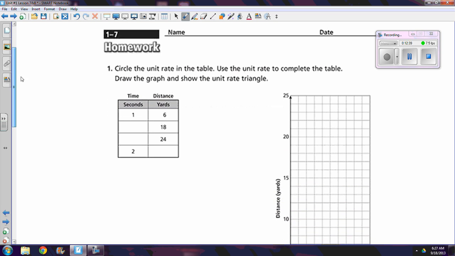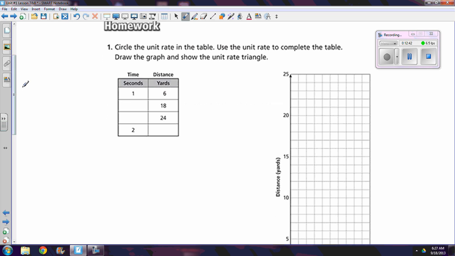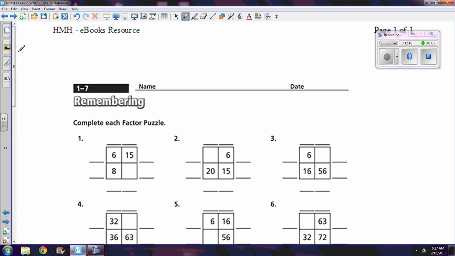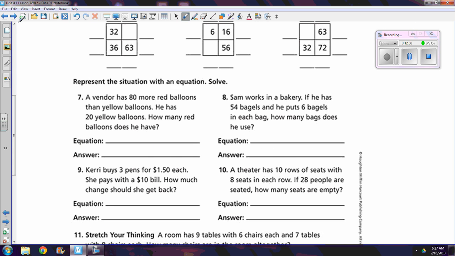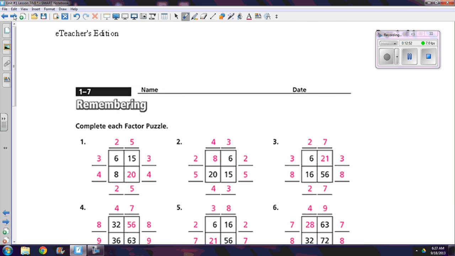Your homework in school will look like this for Thursday. The remembering page will look like this, more puzzles and equations and answers. And now let's